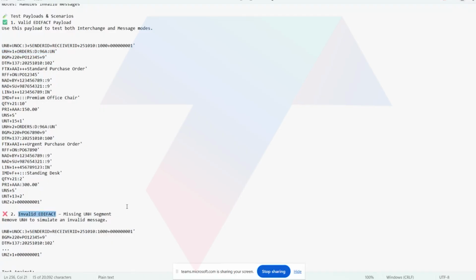And you can see that this is an invalid UNZ segment. How will I know it's an invalid UNZ segment? Because of UNB and UNZ, right? It's a message with two splits. If you see, the right message is this one. Okay, if I use this one,